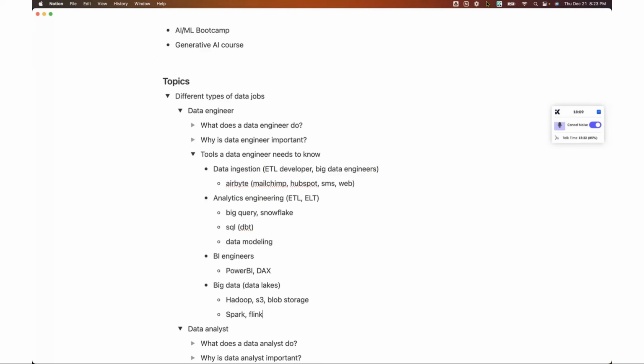But I would recommend you just focus on the modern tech stack, because the industry of data engineering is moving pretty fast. And a lot of the projects you will be working on are probably migrating from the old system to the new system. So you'll definitely get trained on those legacy tools, but you need to be really good at the new tools. So I think that's one of the exciting parts about data engineering.